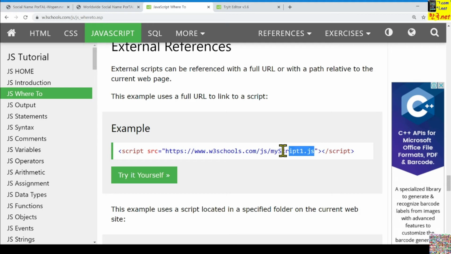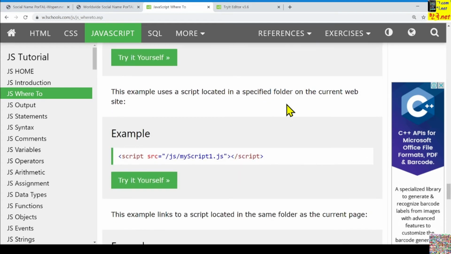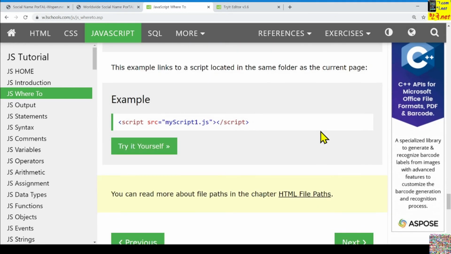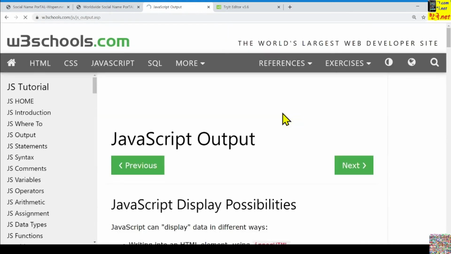Also, this one is the same: if the file is located in another folder or on another server, the full URL should be specified here, then we can bring even files located on another server. If the file is located in another folder on the same computer, then we can specify the path name like this, as we learned already, and the same scheme can be used. You can try others.